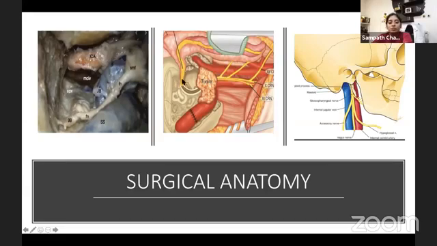Coming to this picture, it shows the anterior repositioning after we delineate from the geniculate ganglion to the stylomastoid foramina. We have anteriorly repositioned it. After that, once we go to the jugular bulb, we come to the cranial nerves exiting from the skull base. What is the surgical anatomy of these cranial nerves? Lateral most is the glossopharyngeal nerve, and medial most is the hypoglossal nerve.